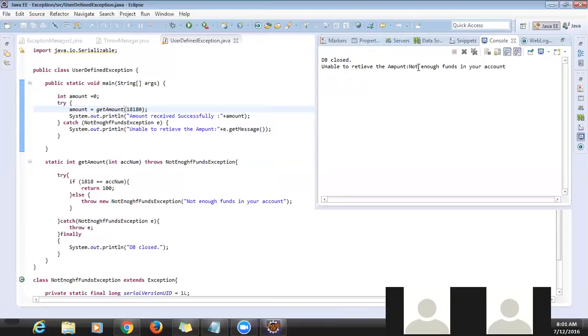So this is the ATM customization message, but the server is giving this message. It is up to you whether you want to display it or not. If you don't want to display this message, you can write your own message. So this is the way to write